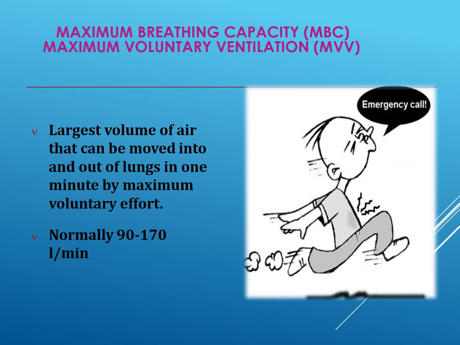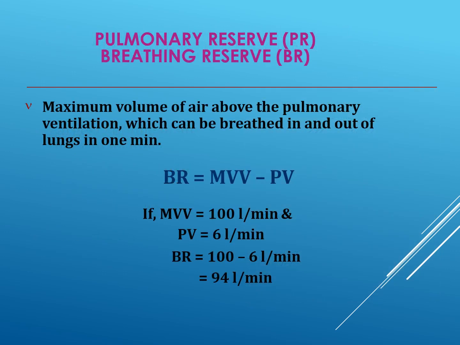The volume of air moved is either recorded by a spirometer fitted with a writing point or is collected in a Douglas bag, and the result is expressed as liters per minute. The normal adult male can attain a maximum ventilation volume of 80 to 170 liters per minute, averaging 100 liters per minute. And it is profoundly reduced in patients with emphysema, airway obstruction, and very poor respiratory muscles.